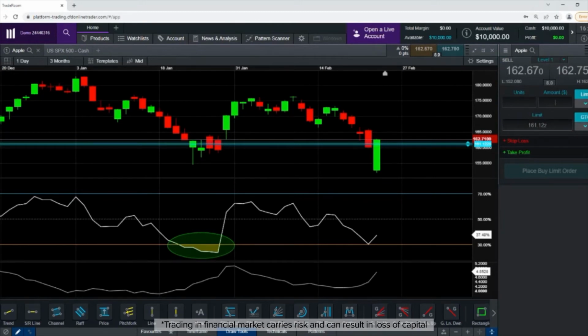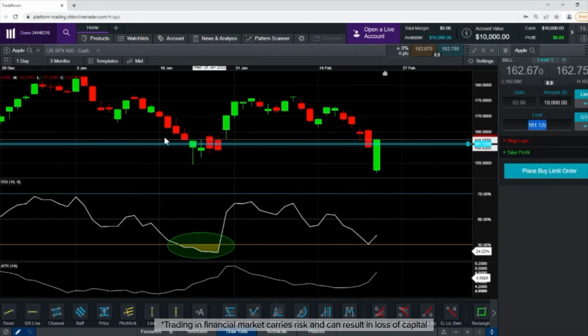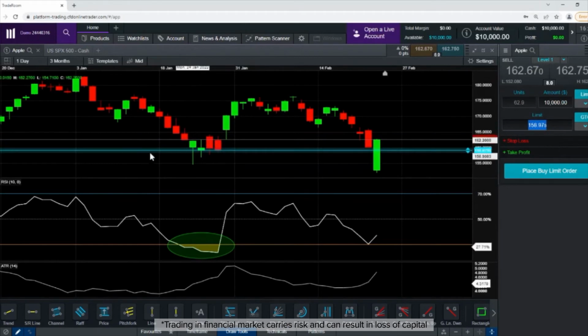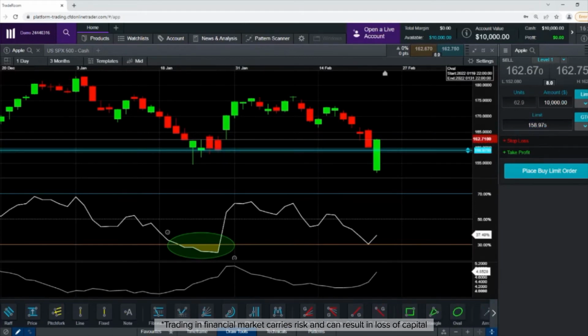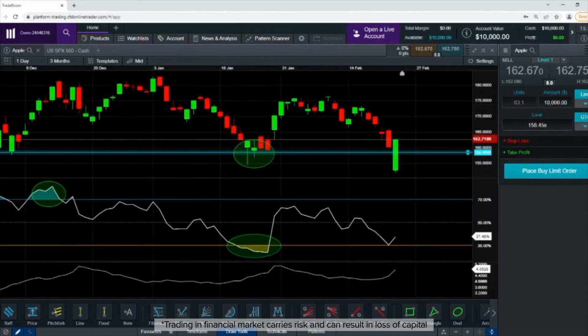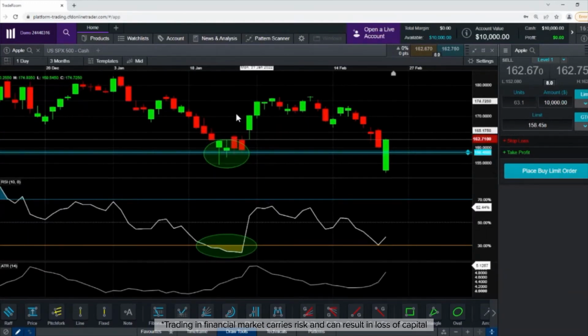Let's say you're a trader who wants to take a very short-term trade. You want to buy Apple worth $10,000, and the price at that point of time, this blue line that you see, was somewhere roughly over here. Okay, I'll just mark that. RSI was at oversold at this point. So you're looking to buy because you're getting a much cheaper price on Apple, and then the market jumps